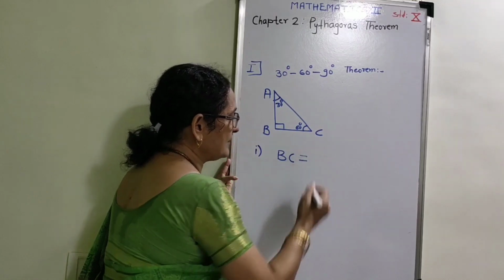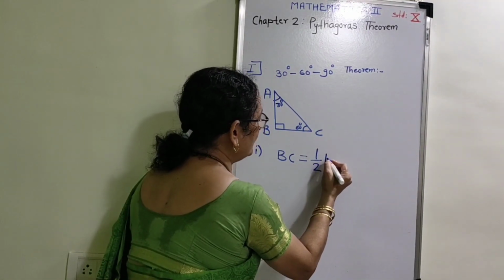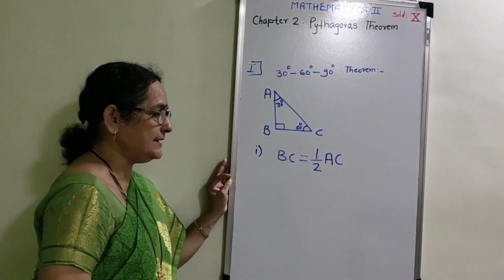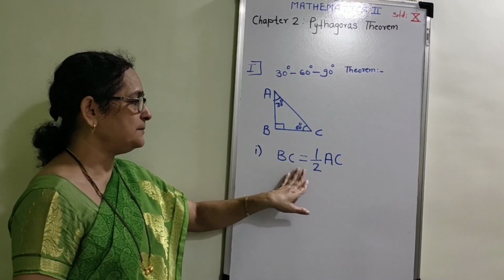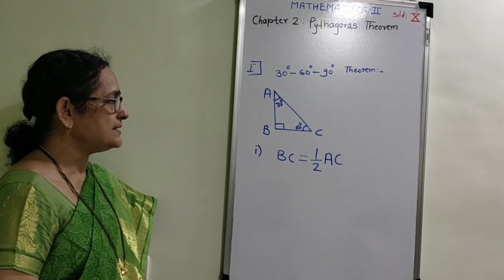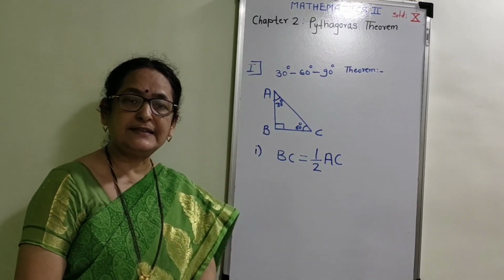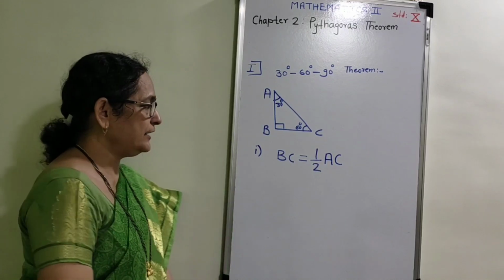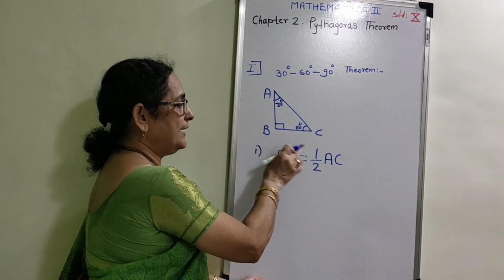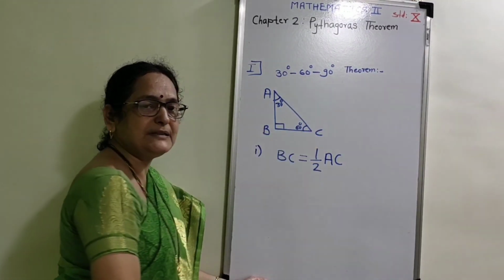When you are going to determine length BC, it is exactly half of the hypotenuse. Now in this figure, the hypotenuse is AC, and therefore my conclusion is BC is equal to 1/2 of AC. Now a simple example is given. Suppose the hypotenuse AC is given as 10 units, then you can easily write that BC is equal to 1/2 of 10, and half of 10 is equal to 5, and then you will get the length of BC as